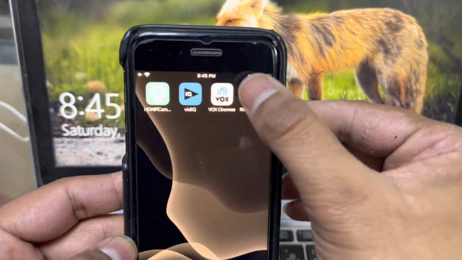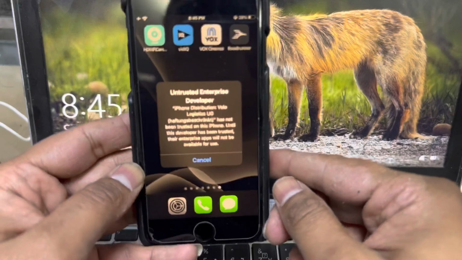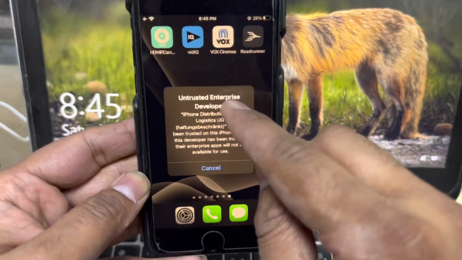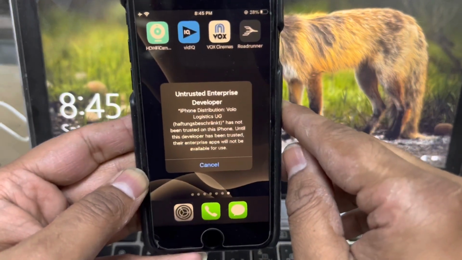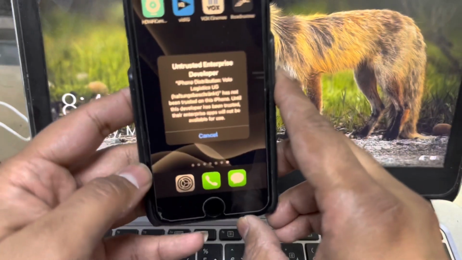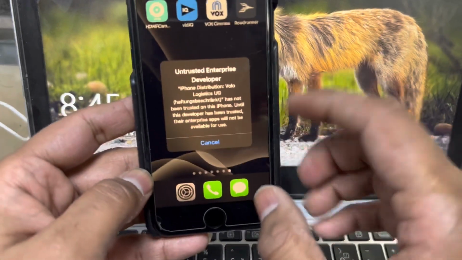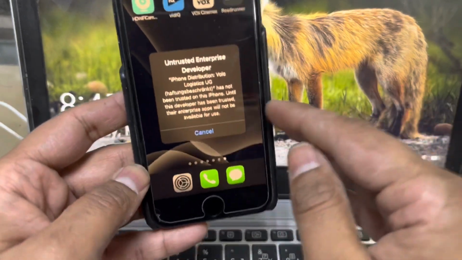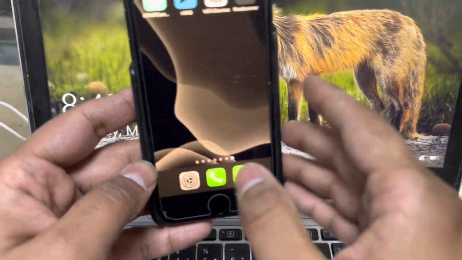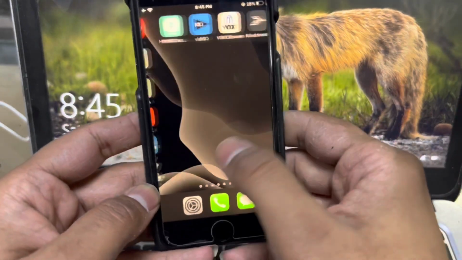Application, just click on it and you can see it's saying untrusted enterprise developer. iOS is not recognizing its developer because we did not install it through the App Store. So what to do, how to enable this on your device? You have to go to settings,